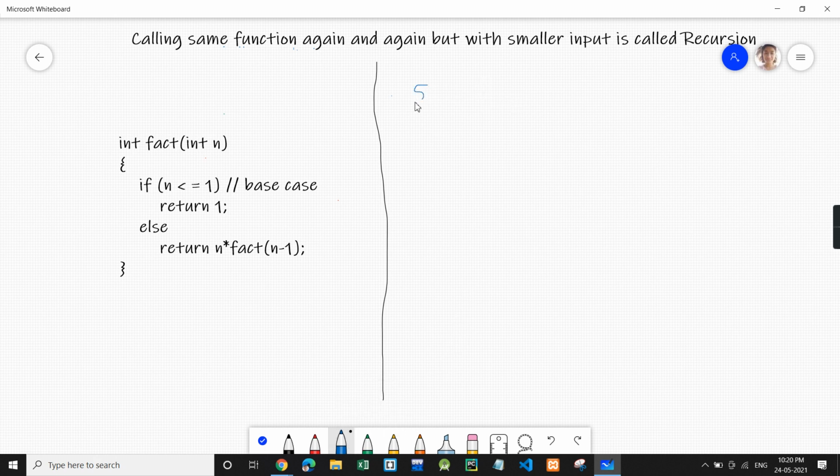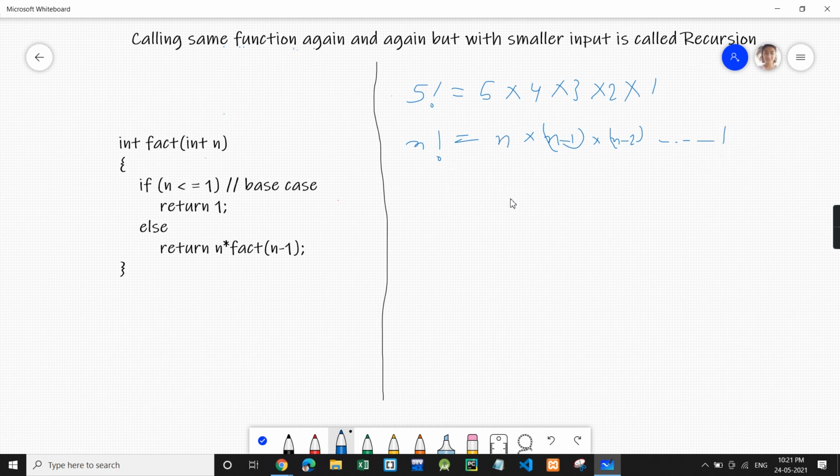We know that calculating 5 factorial is 5 into 4 into 3 into 2 into 1. So if we have to calculate n factorial, we multiply n with n minus 1, then n minus 2, and this goes on until 1.